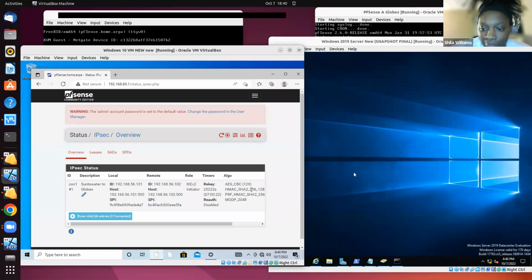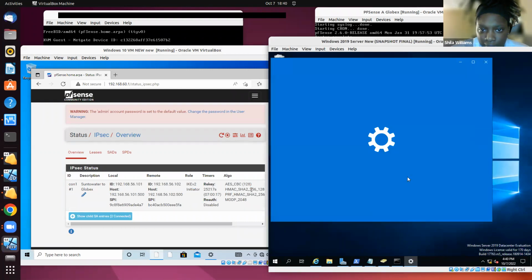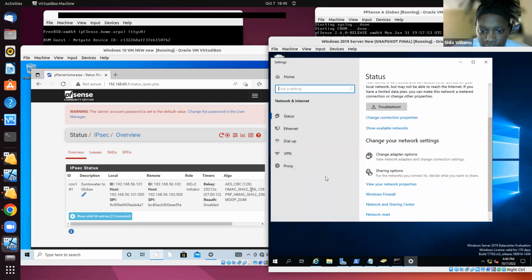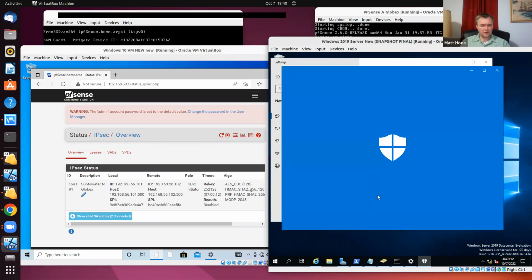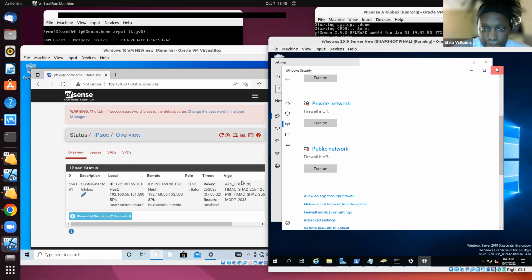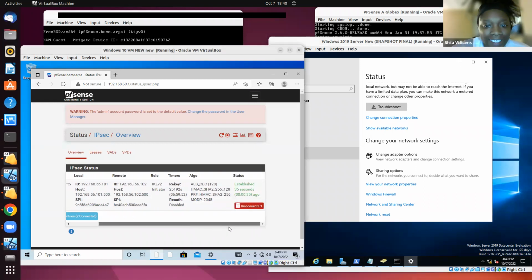Did the status scroll off to the right side? On the pfSense, just to see if it established a connection on the Windows 10 virtual machine. Oh, did it go? Oh yeah, it did go. I was panicking for no reason. Okay, so now that we have made a connection between the Windows 10 virtual machine and the Globex server,